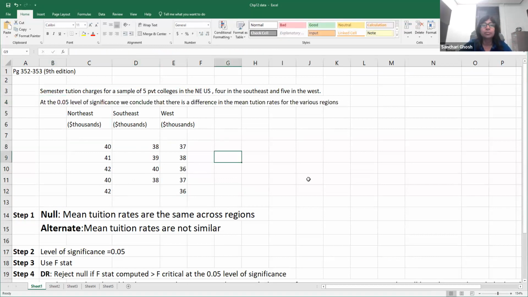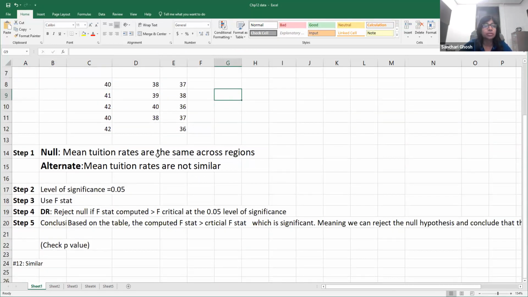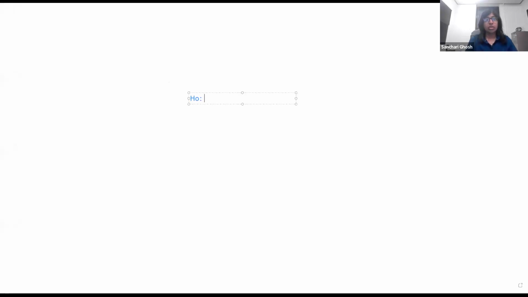Can we conclude there's a difference in the mean tuition rates for the various regions of the country? So obviously the null hypothesis is that mean tuition rates are the same, and the alternate is that mean tuition rates are not the same. You can use the textbook mu. I often show students, if you do not want to invoke your math symbols, one way is to just write mu. You can say H naught: mu1 equals mu2 equals mu3,